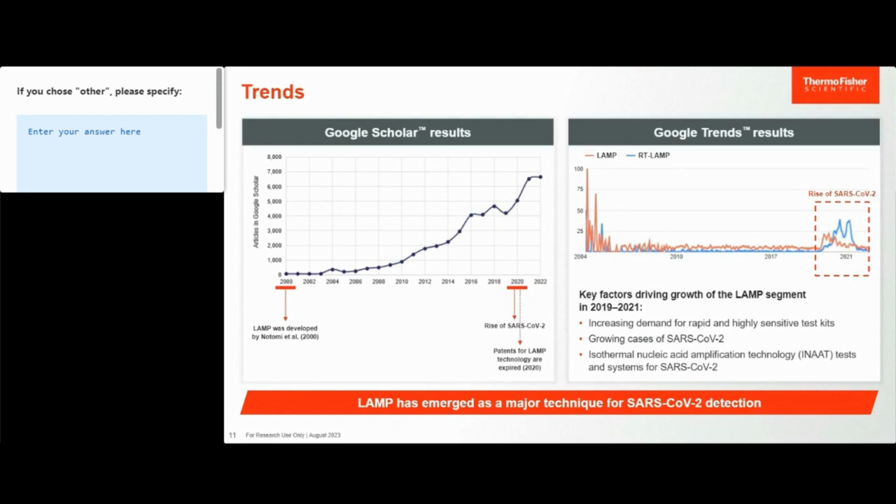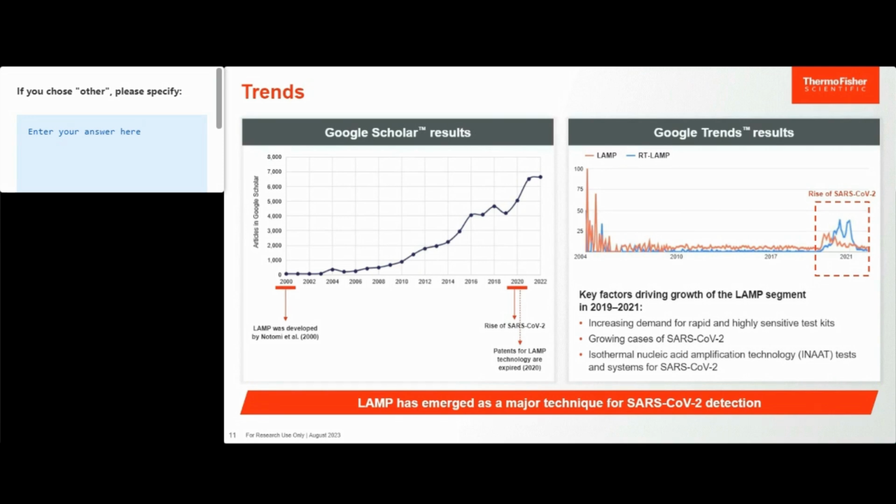a consistent rise. As you can see from Google Scholar results, the method's growth experienced a notable jump in the period of 2019 to 2021 because of the COVID-19 pandemic and expired patents for LAMP technology. Because of LAMP's simplicity and high speed, the method has emerged as a popular technique for SARS-CoV-2 detection. According to Google Trends data, the frequency of the search terms LAMP and RT-LAMP also increased during the pandemic, which